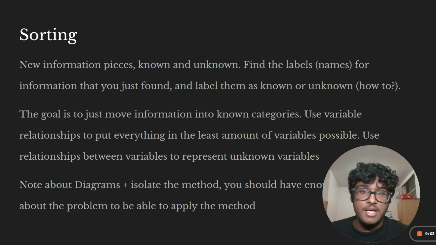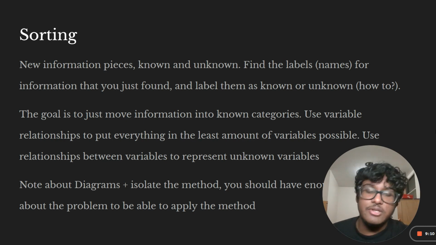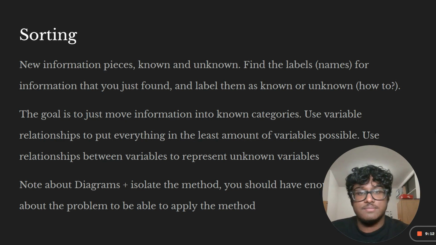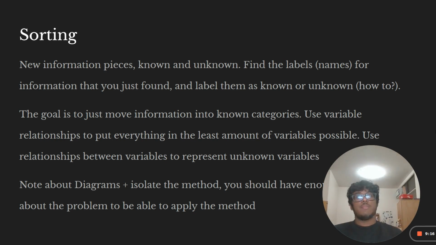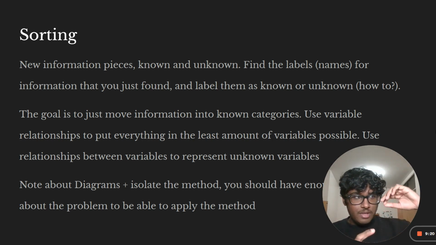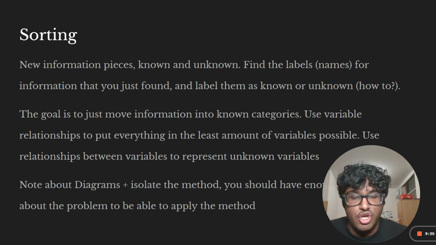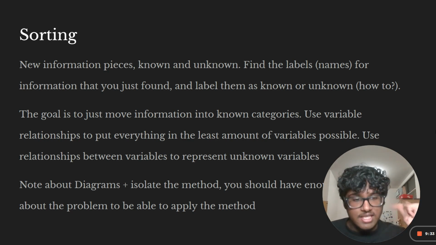Isolate the method, right? Now that you are at that sorting phase where you've sorted everything you need to know, for our duck example, I know that literally the thing that I have to set up is like, I know X is 5 and the relationship is 2, so it's 2 times 5, right? The amount of ducks that you have is 10. The idea from that is that I have figured out exactly what method to use just because I've isolated it so heavily, right? And notice at the very beginning of this video, I said if you knew very complicated examples